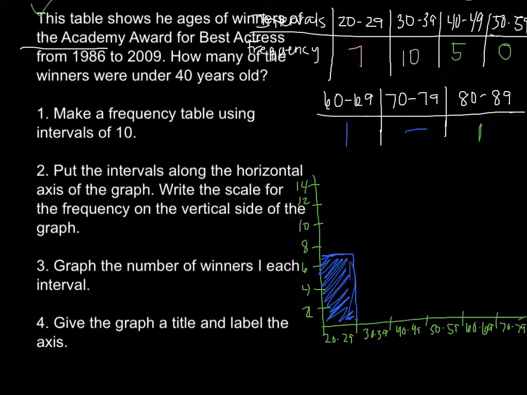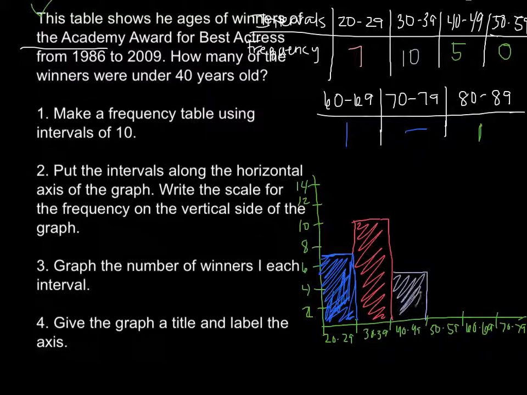When you're doing this, I just want you to use a pencil. I know I'm using all these fancy colors, but just use a pencil. That'll be fine. Okay, now for 30 through 39, number 10, I'm going to go up to 10, over, bring this up, and then color that in. Then 40 through 49, we had 5. So again, I have to go between the 6 and the 4. Eyeball it a little bit. We should be able to get pretty darn close, though.